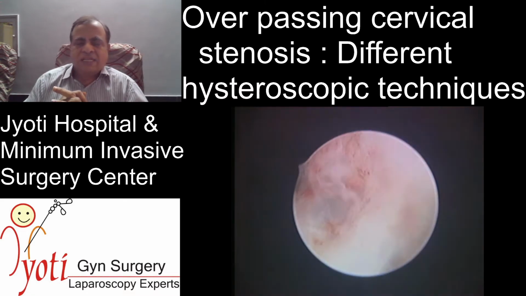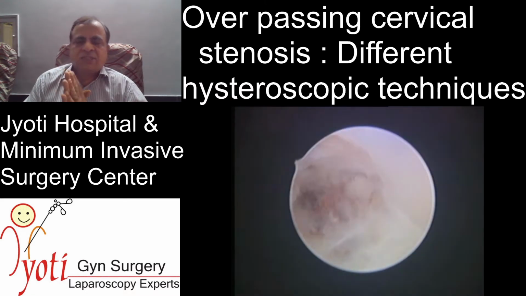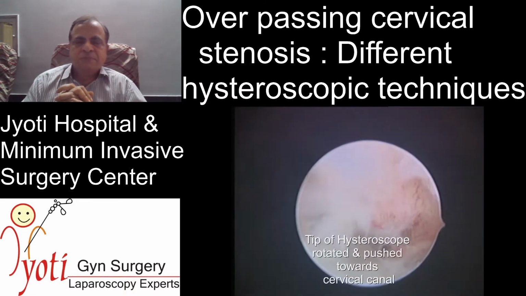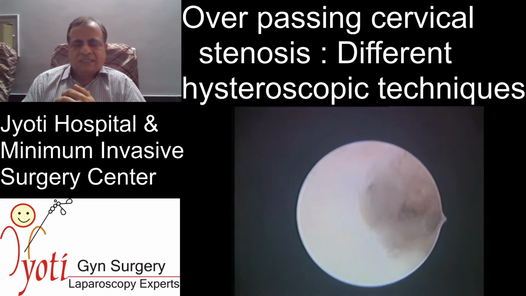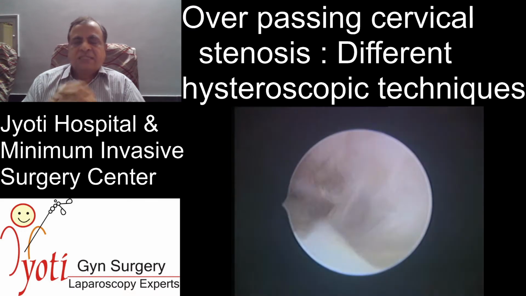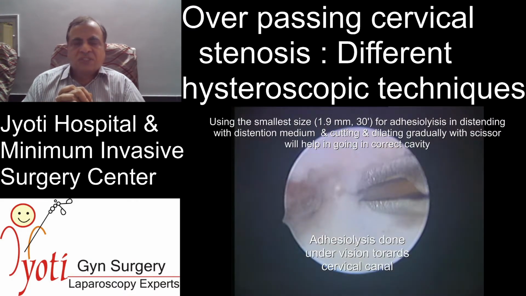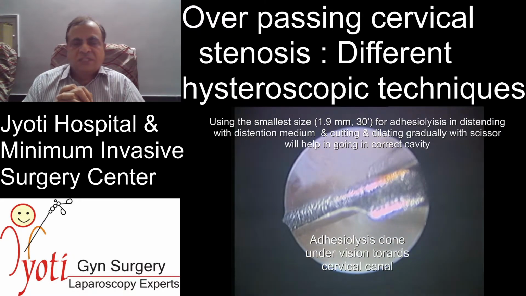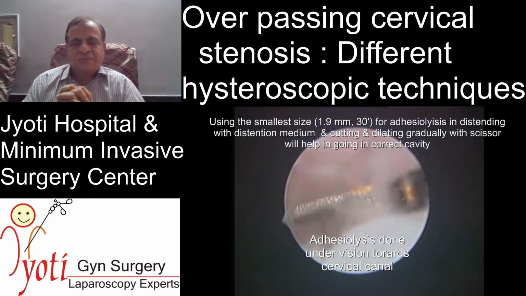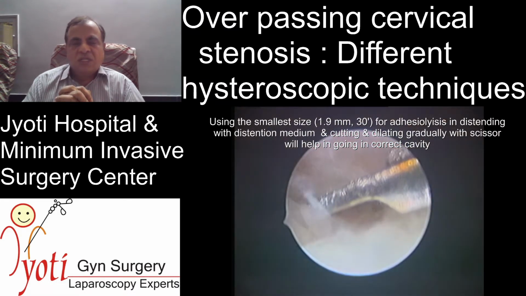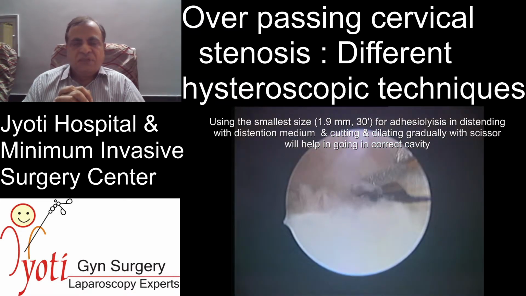the cervical canal. So what you do is again vaginoscopy, introduce a 5 French scissor, do some adhesiolysis, create a space and then try to introduce a 1.9 hysteroscope inside once the space has been created with the operative sheath. And then you can see that this is the cervical crypts, and you just go a little inside, you can see that there are further a lot of adhesions everywhere.